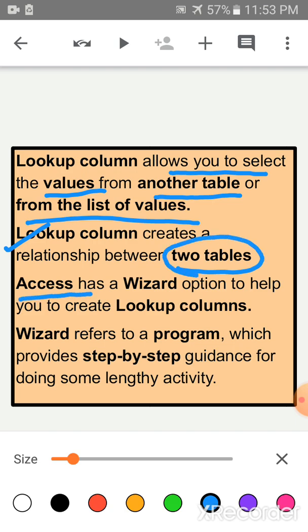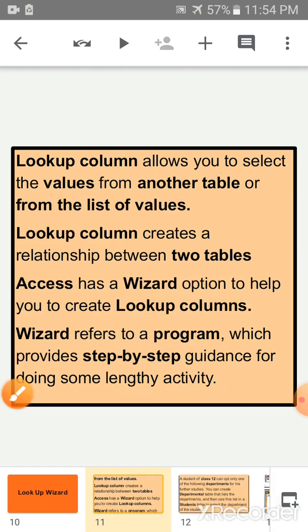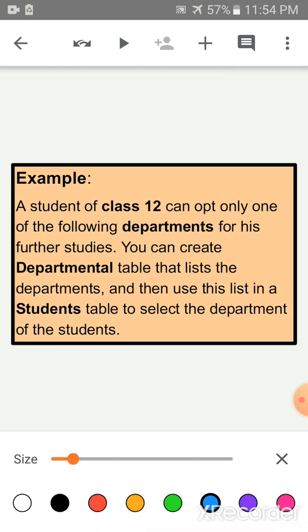MS Access has a wizard option to help you create lookup columns. A wizard refers to a program which provides step-by-step guidance for doing some lengthy activities. Okay children, clear? Children, I am giving you one example.